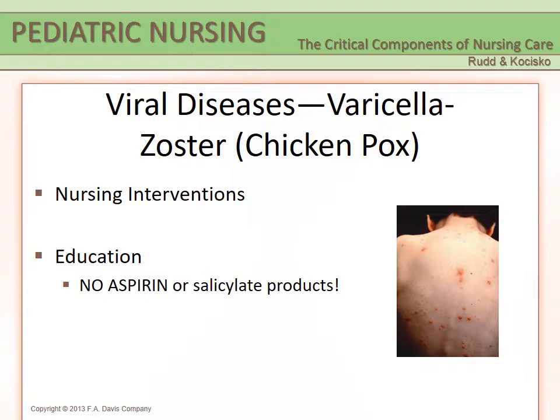Interestingly enough, though, it is possible to get chickenpox twice. The second time is usually a bit more mild with less fever and fewer vesicles, but the care is still going to be the same. And if you've had chickenpox as a young kid, as you get to be an adult, the virus itself is hanging out latent in your body. And so later on, when you get older,